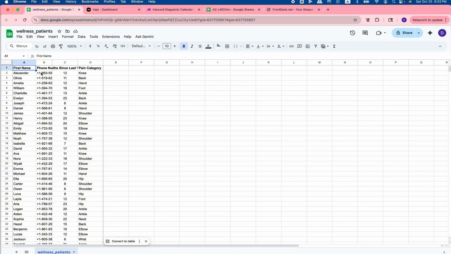Basically, we have a first name, a phone number to reach, and number of months since last visit. If you want to use this number, again, we don't have to. And we can also mention the pain category. For example, somebody has a back problem, and in this case, Olivia, and she didn't come back for the last 11 months. So this is the first thing that we need to have. We need to have a list of customers, which we usually get from our EHR system or database or CRM